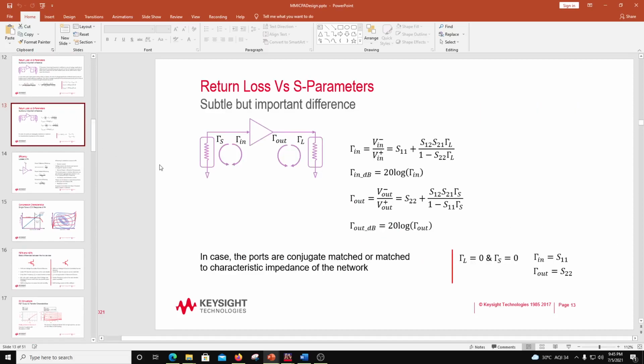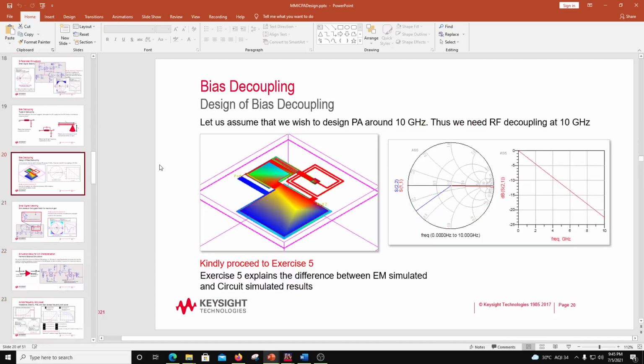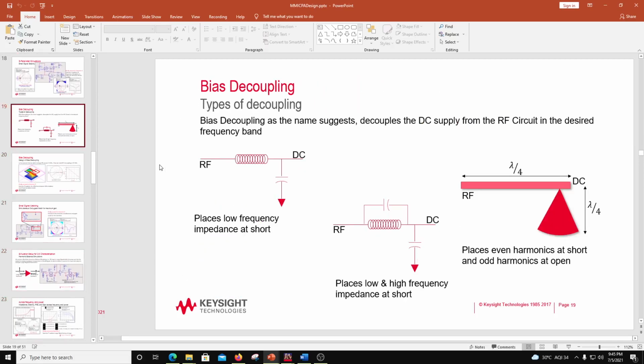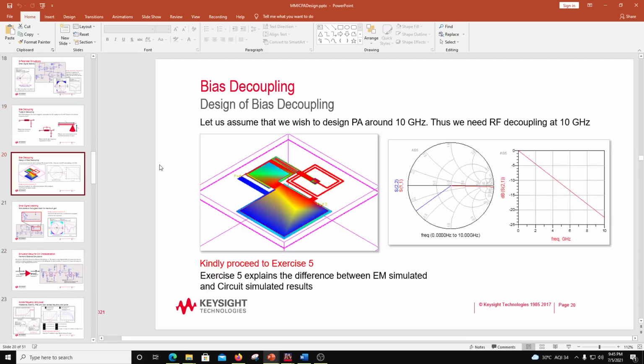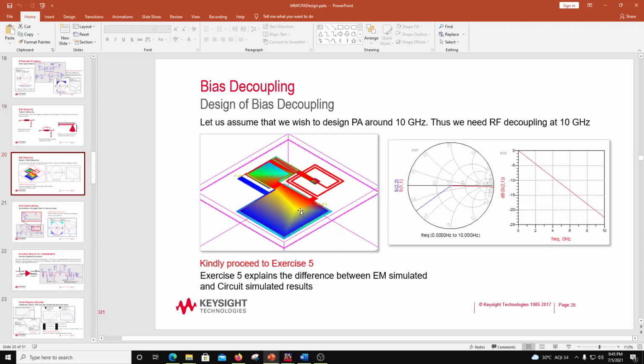Of course you will read about matching and all that in basic books, but you see this is bias decoupling. There are various forms of bias decoupling. Here on the left hand side, this is an EM simulation of the decoupling. So it's not just the circuit which I use to make sure the RF is decoupled from DC. It's the layout where I make sure that the decoupling is good, but also all the parasitics at